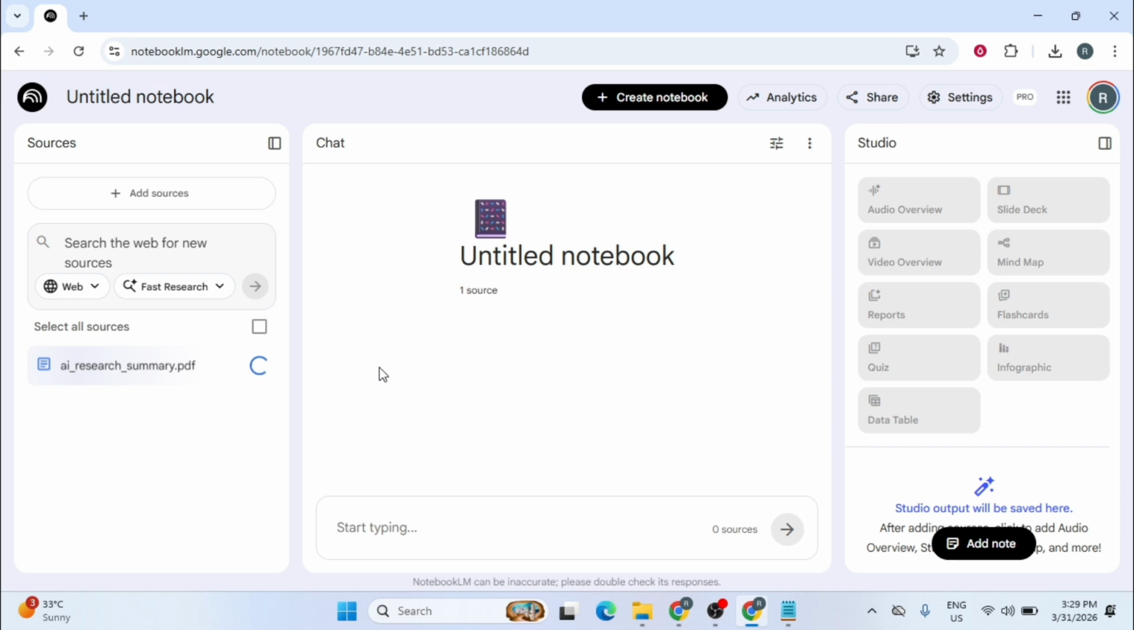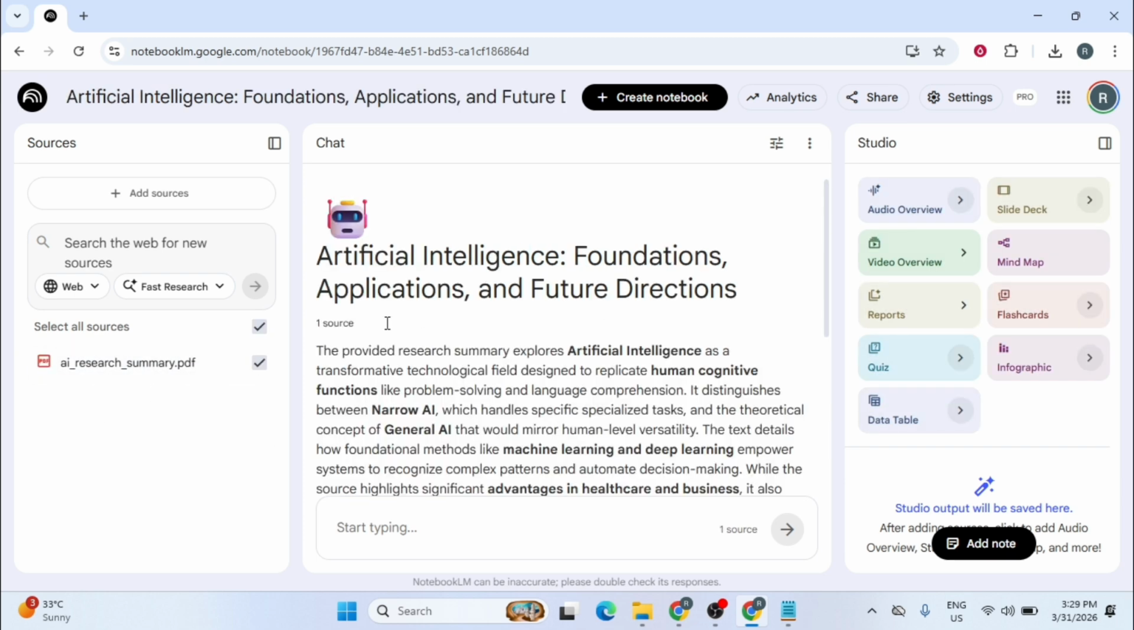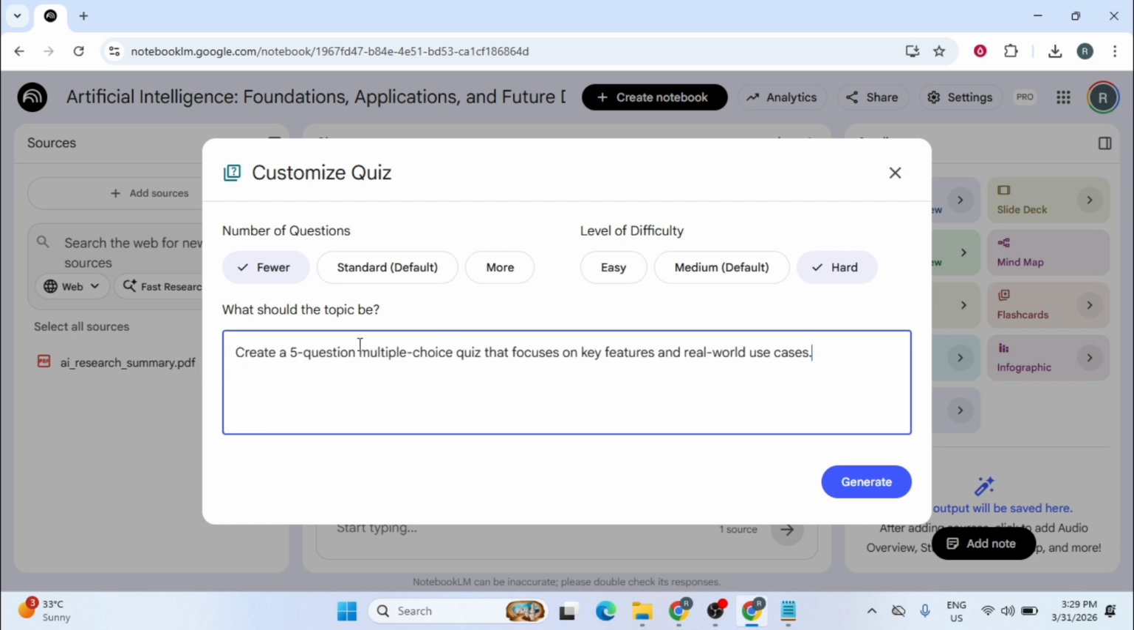After the document finishes processing, the key topics and a brief summary of the material appear in the chat interface. Now, I'll head over to the Studio panel on the right side of the screen and select the Quiz option. In the Customization menu, I'm going to adjust the number of questions to fewer and set the level of difficulty to hard. I'll type a prompt asking for a 5-question multiple-choice quiz focusing on key features and real-world use cases,